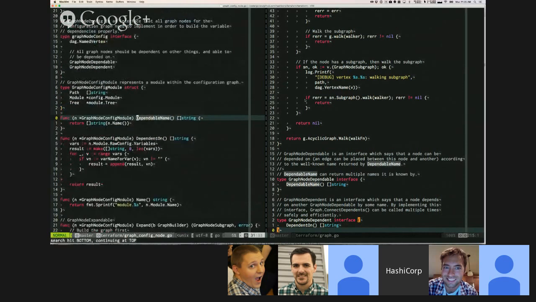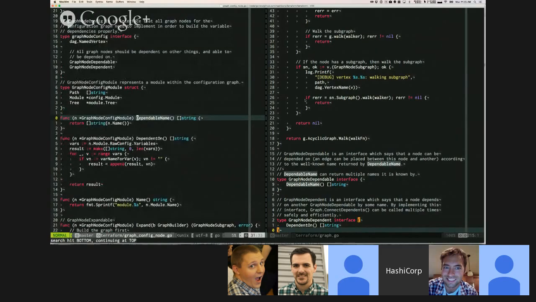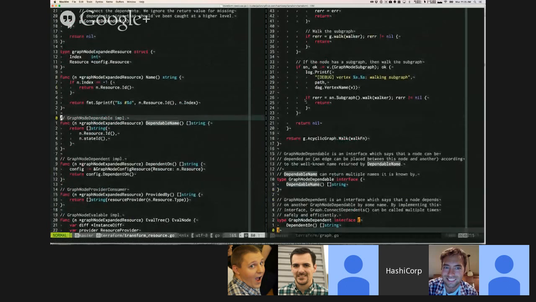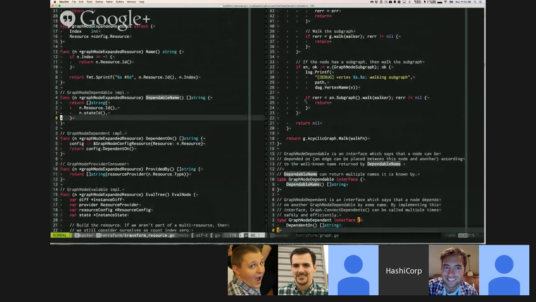No, it's not in this file. It's basically dependable name used to be at one string. The reason it's multiple is, oh, I know where it is. Here it is. So in an expanded resource, it could be more than one because basically I'm going to write